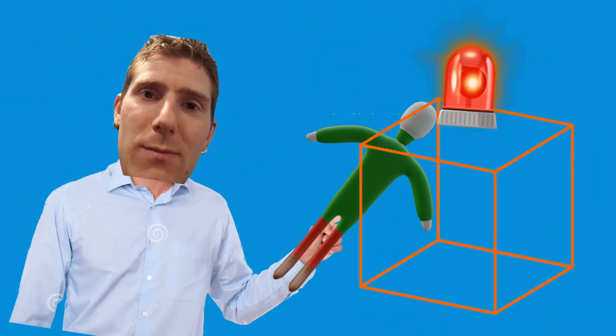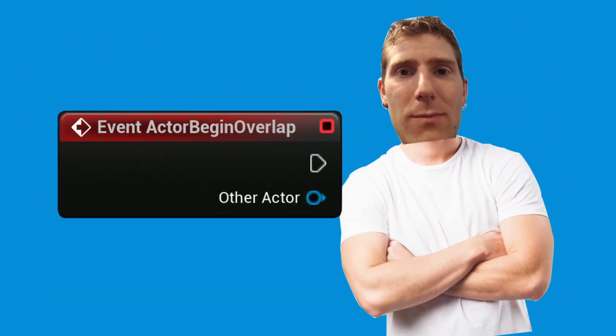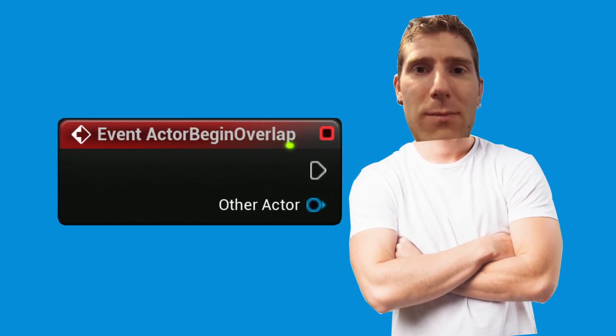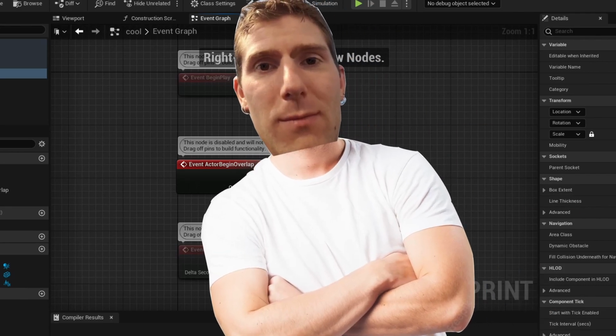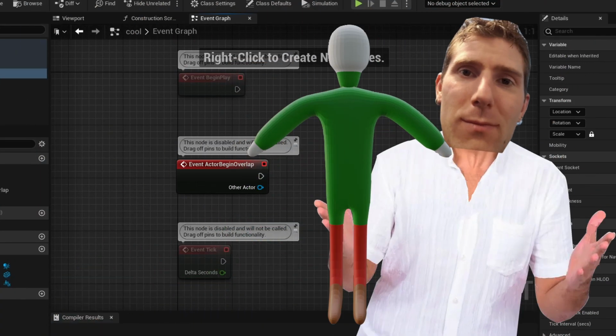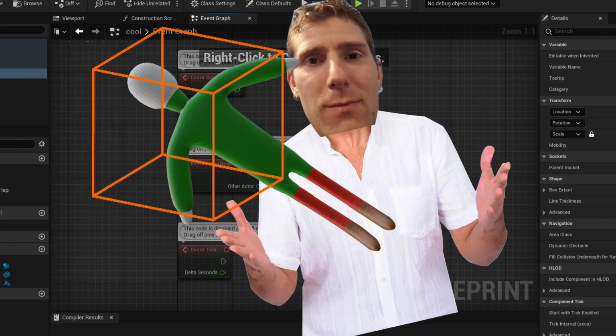So the collision box will allow us to detect if something is going inside of it. But to use this, we need an on-event actor begin overlap. Fortunately for us, we already have one created for us, so no cheating! Still by the rules. So whenever another actor like a character enters our collision box, the thing leading out to